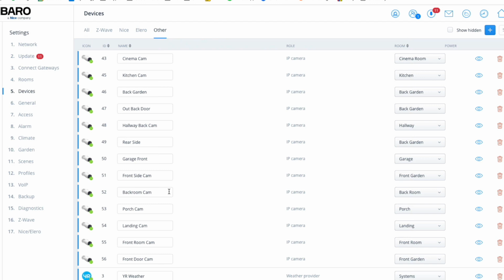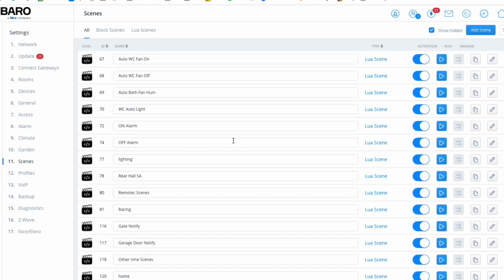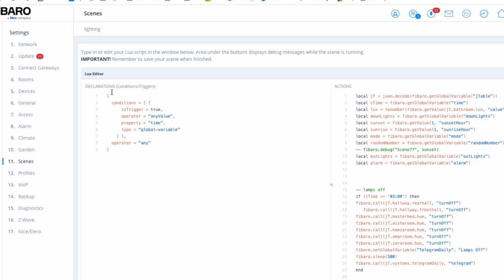It'll then update the time in the variable. Now inside the zip file, as well as finding the quick app, you're going to find the scene element. That is just the trigger element. In order to create it, you click on scenes. I've already done one, so I'm just going to show you what it looks like. And what happens is this part will go into the